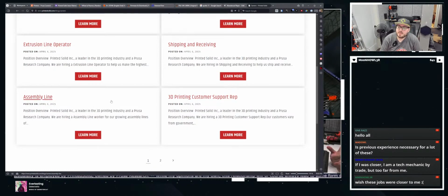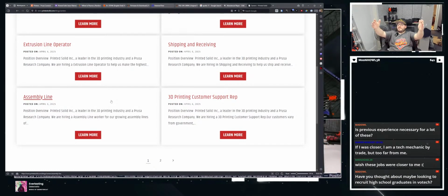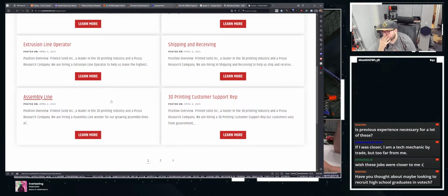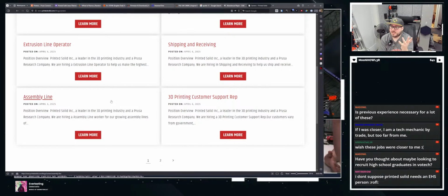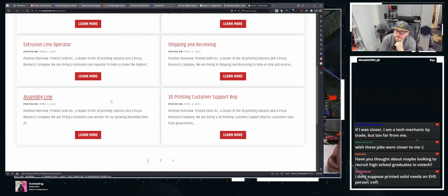Assembly line. You're going to be making the printers. You're going to be building the printers. If under 18, no, we're not dealing with that paperwork. 18 and up, sure. If you can figure out how to get to work, that's good. But yeah, assembly line. You are literally going to be building printers as a job. And let me tell you this, it's not stressful. At least when I was doing it, it wasn't stressful. It was nice. It was enjoyable. You got paid to build printers. And it was fun.